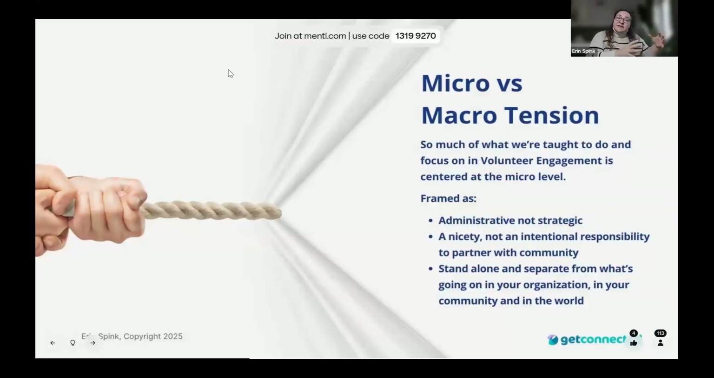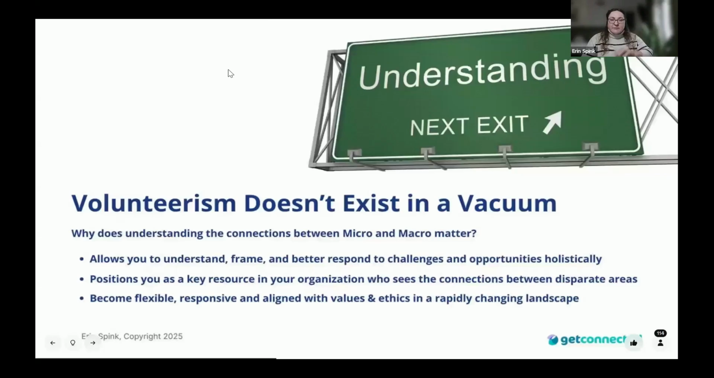We often are seen as what we do being standing alone, as opposed to being absolutely tied and connected to what's going on in our organization, what's going on in our community, and what's going on in the world writ large. So I'd just love to hear from you in a second. I just want to add a few more pieces, but I want you to just start thinking about that micro macro tension, because for me, one of the things we need to understand in order to be strategic and have